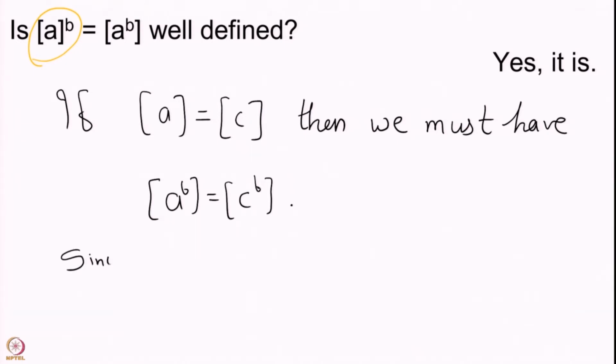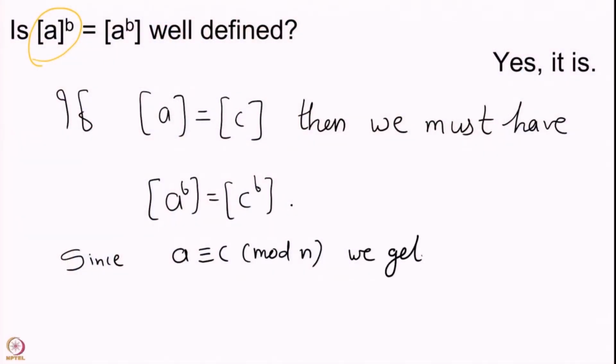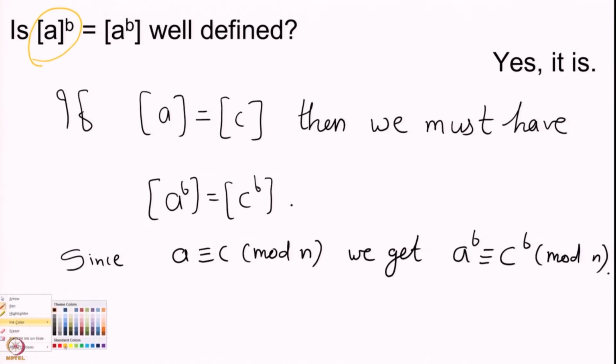So, since A is congruent to C mod n, I will consider this congruence B many times, take the product of left hand side elements which are all A, the product taken B times, so I get A power B, and the element on the right side of the congruence is C B times, taking the product will give you C power B. So, we get A power B is congruent to C power B mod n, and this is all that we wanted, because once we have A power B congruent to C power B mod n, we get that these two classes are the same.